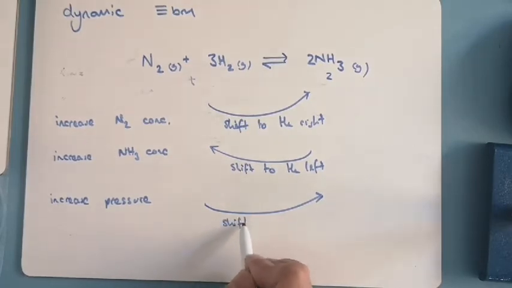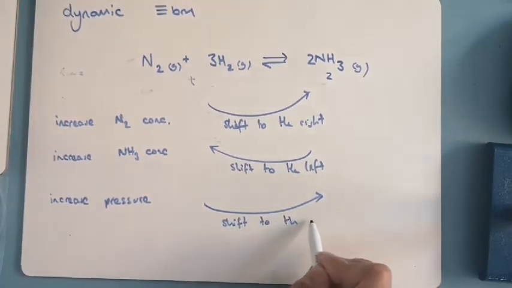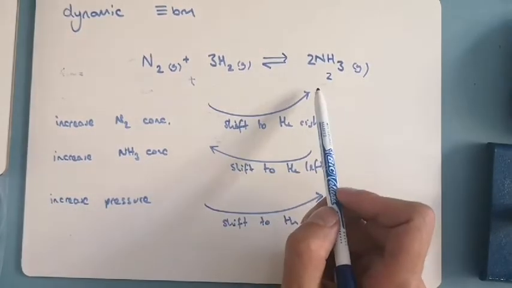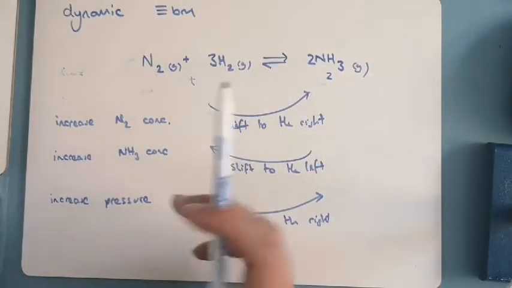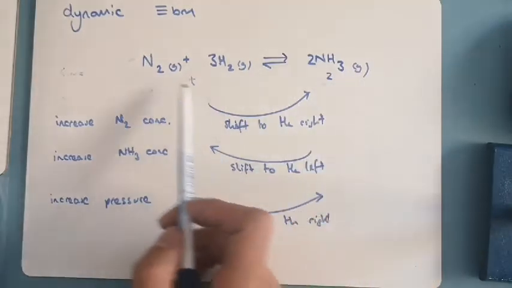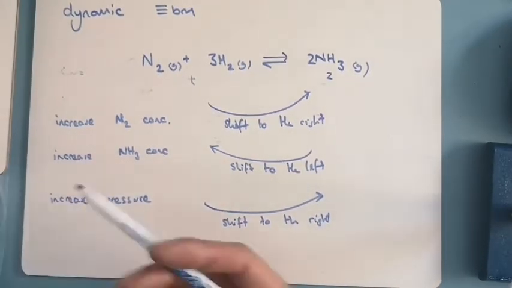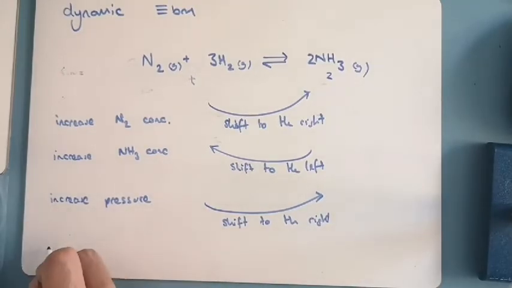The opposite happens if we lower the pressure. If we lower the pressure, then it's going to try and replicate the pressure that was lost. So it's going to shift to the left-hand side, the side with the most moles, in order to counteract that. Temperature is an interesting one,